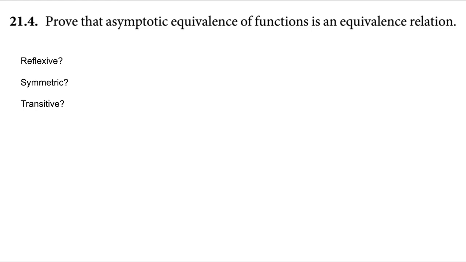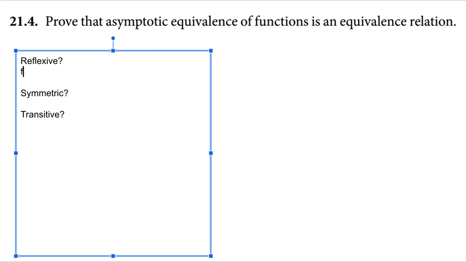Prove that the asymptotic equivalence of functions is an equivalence relation. Now to prove that a relation is an equivalence relation, we just need to show 3 properties: reflexive, symmetric, transitive. So if you're given a function f(n) and another function g(n), for the reflexive property it would have to be that f(n) is big O of f(n),